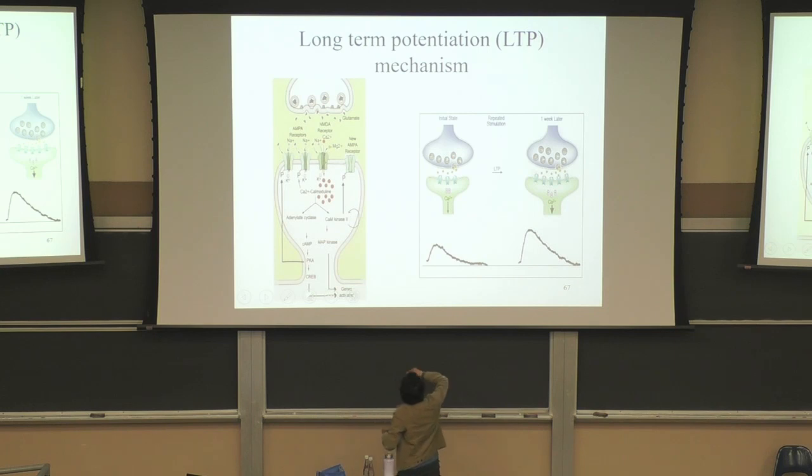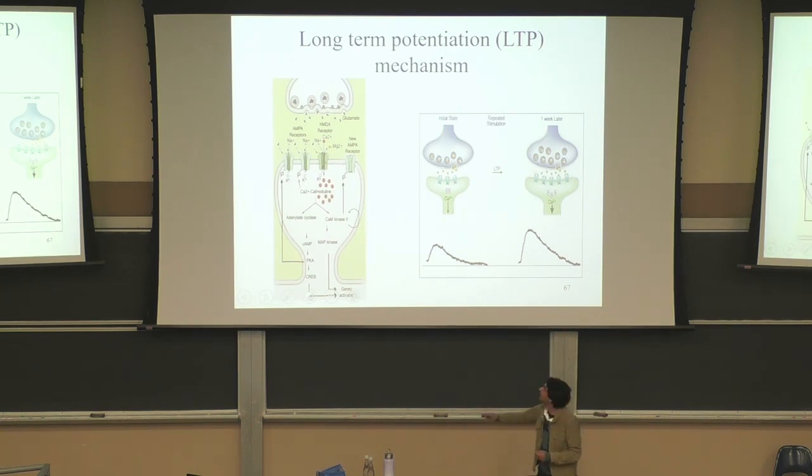And here we have a before and after picture of what happens before and after the LTP. So many things can happen. So one is that first the response size gets bigger, but also, see, there are changes that can happen both pre and post synaptically. So the presynaptic change in this case after the potentiation is that you have more vesicles. So when this purple cell now fires an action potential, more vesicles will fuse, so it will release more glutamate.